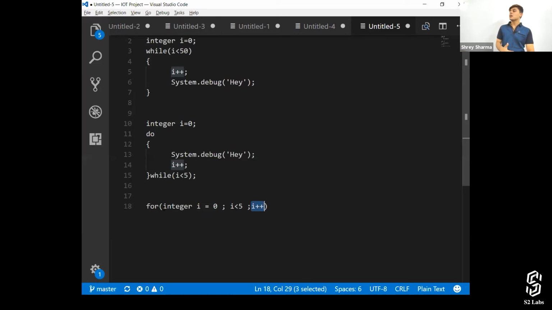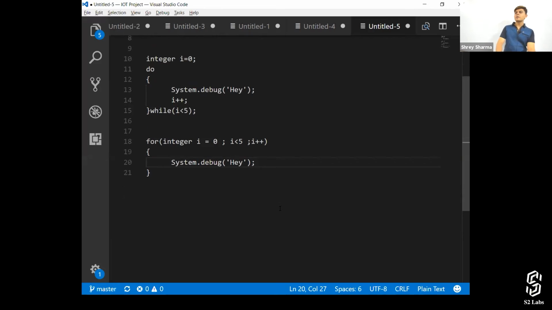That's the reason we try to use a for loop as much as we can, because in a while loop we do not want to hunt for where the increment is happening, and where the condition is, and so on. We just want to keep it in one place. So that's the reason we use a for loop as many times as we can. Is it clear? That's it, right? So that's about looping statements: do, while, and for.